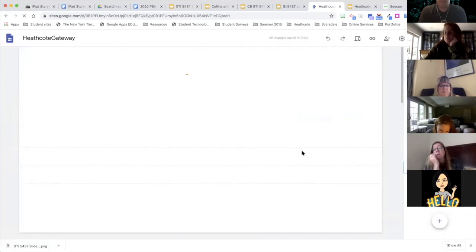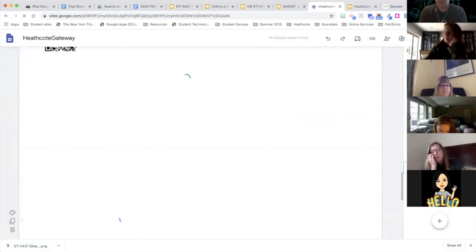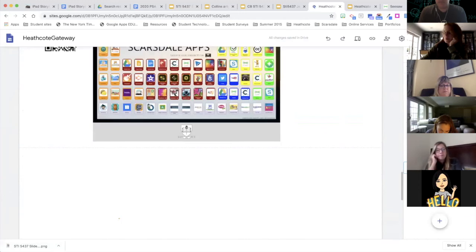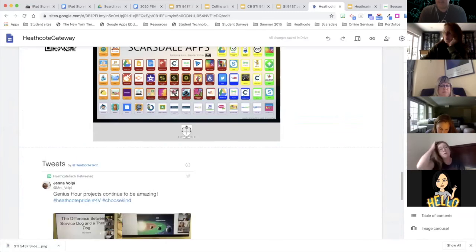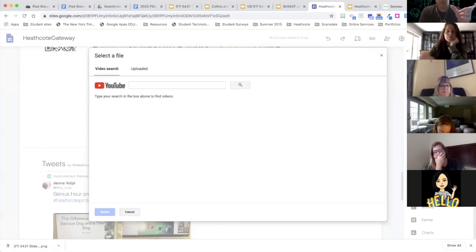And we'll scroll down to the bottom. If I wanted to put something into this page, I just go to Insert, and I have text, I have Drive, I have images, and I can do different layouts of pictures. But what's really cool is there's a YouTube link. For videos, what's the YouTube address? So if you have videos, post them on YouTube, and it's as simple as just dropping the